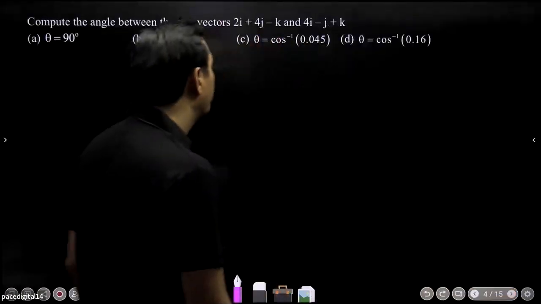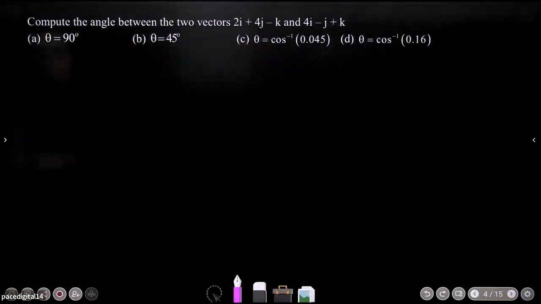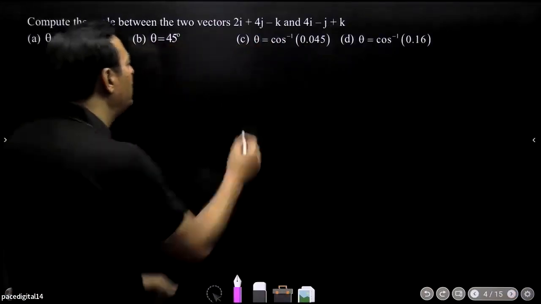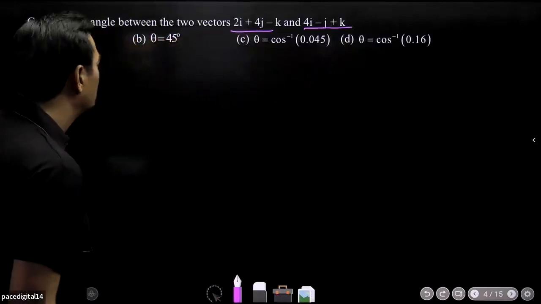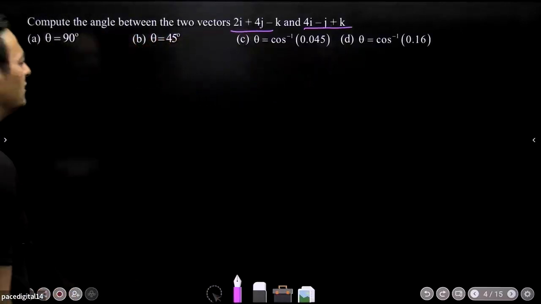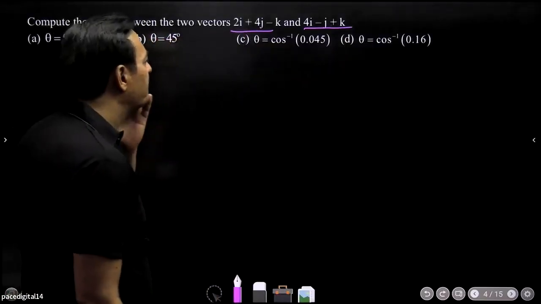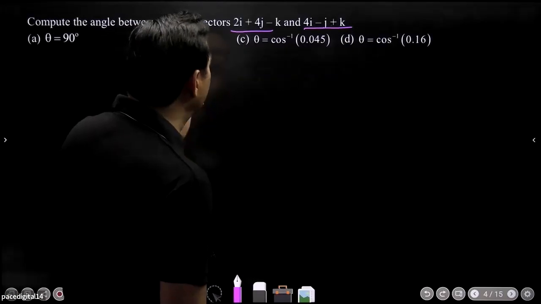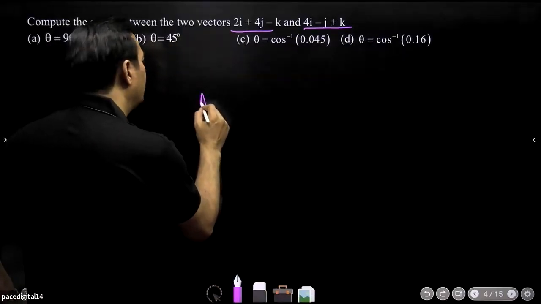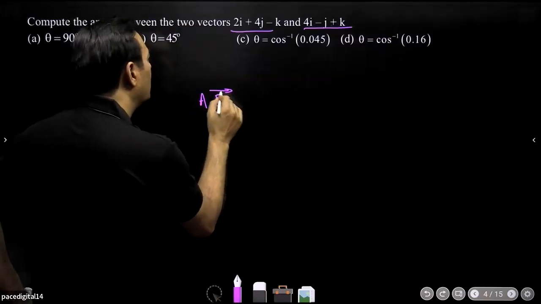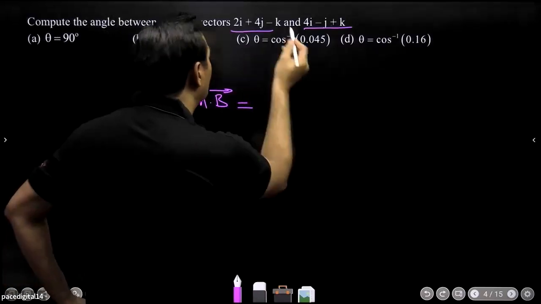Next. Ready? These are good questions. Compute the angle between the two vectors. I want to find the angle between this vector and this vector. How do I do that? Sir, by using the dot product formula, cos theta. Yes. Perfect. So you would get A dot B will be equal to